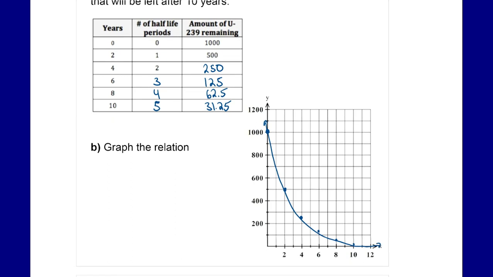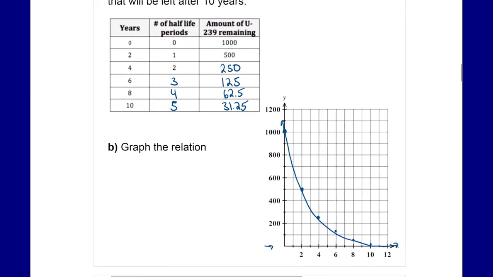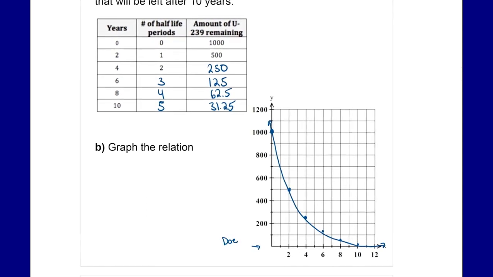So it looks like it is going to touch 0 or reach 0, but if you think about it, if I'm taking half of something continuously, it's never going to get to quite 0. Because I take half of a half, I get down to a quarter, and I keep on taking a half, and so on. It doesn't quite get down there. So we could put a small note,